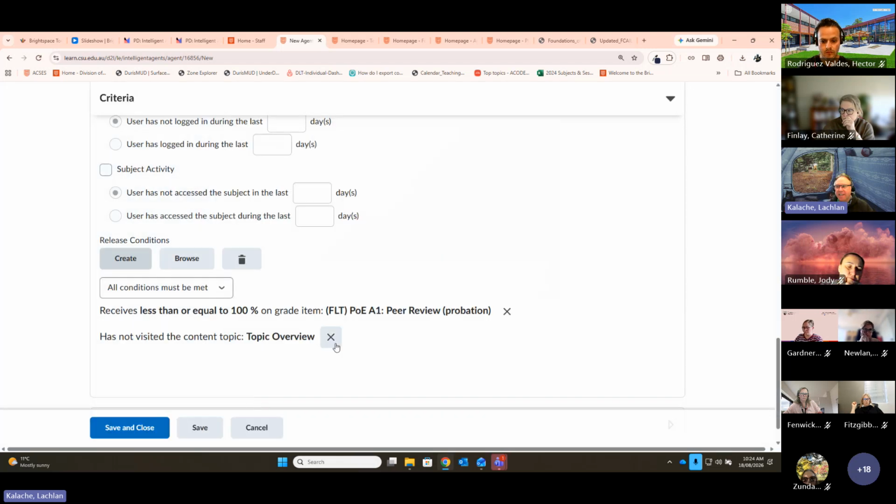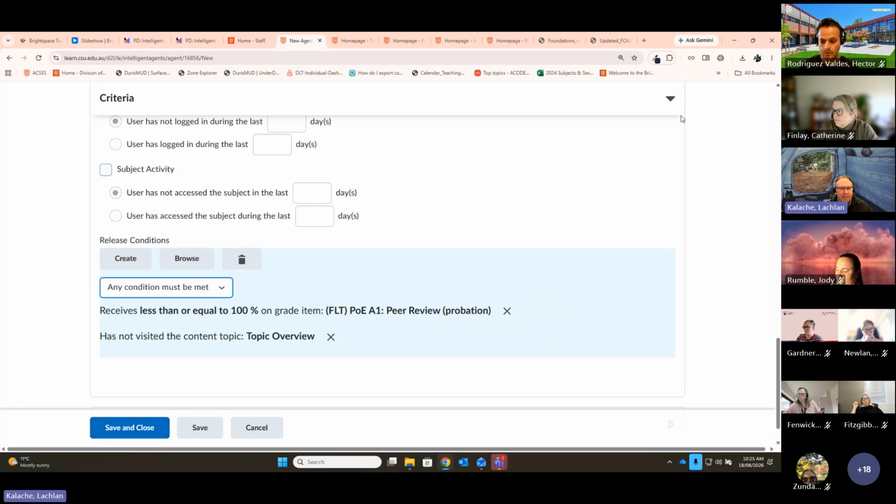So now I have two conditions that are established, and you'll notice that above it's saying that all conditions must be met for them to be identified. So they have to have met both of these. You can do an either-or scenario here. I can say it could be any condition, which is one or the other. I want them identified, or it can be I want them to have met all of those conditions before they're picked up in the agent. Right, so we've just established an agent, I might say any condition,